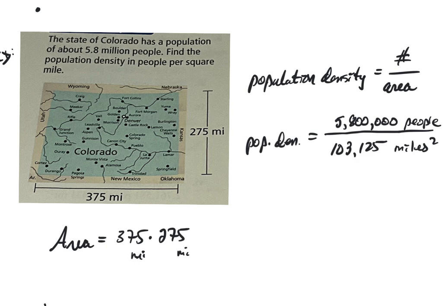And then the idea is to just divide and get a feel for this. You don't have to make this exact, but just to get a feel, so divide, let me see if I have the decimal places right. Yep. So 5.8 million divided by 103,125 square miles. And we get a population density of approximately 56.2 people